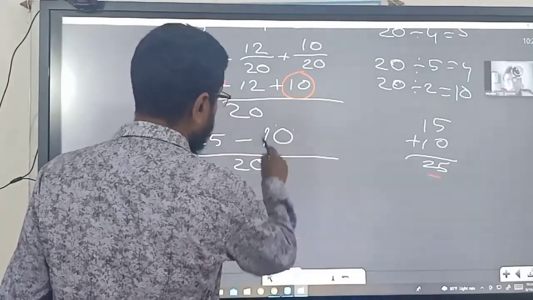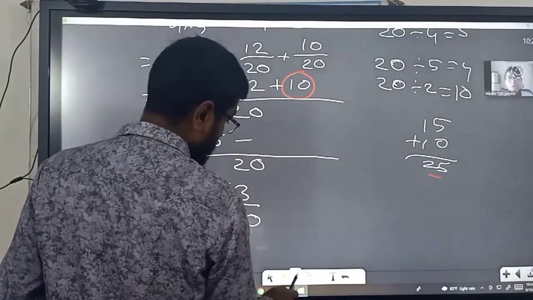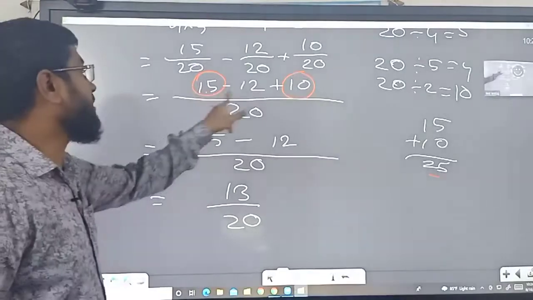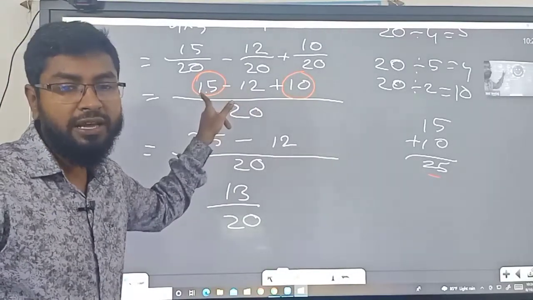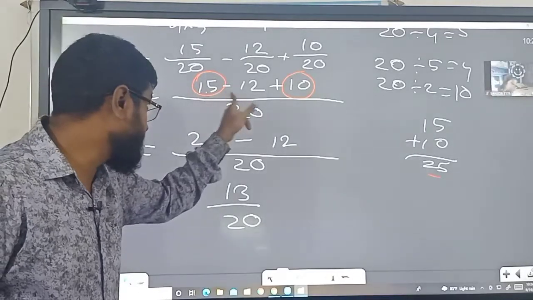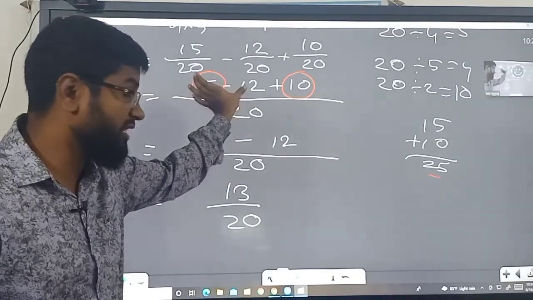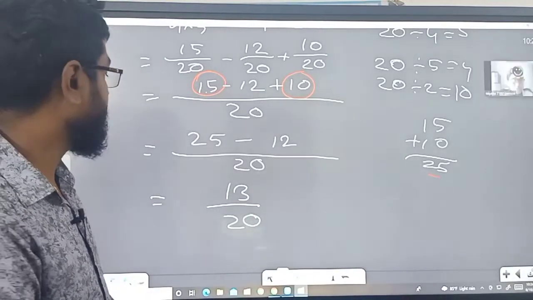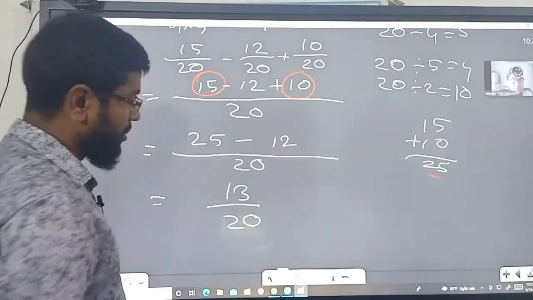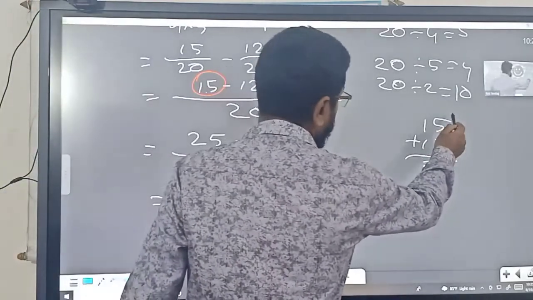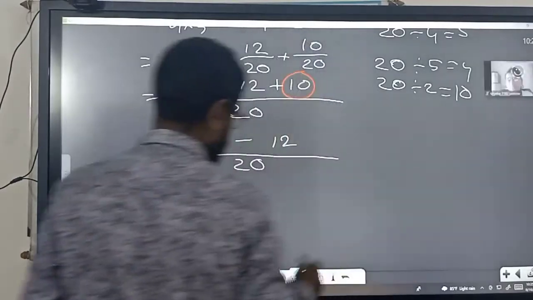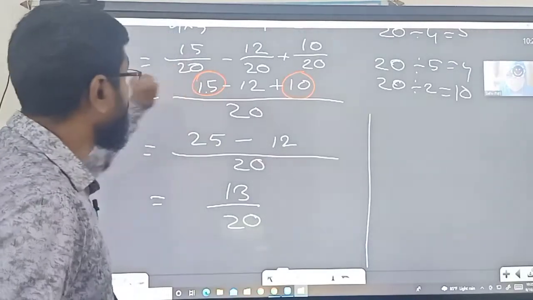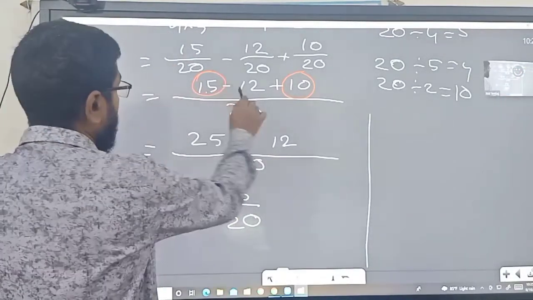Sir, we have to add and then subtract that number. This way you can add, or you can subtract only this part, because the positive number is bigger. That is why you can subtract only this part. Okay sir, first we will do the big number with plus, then look, you can do it from this line. First we will add the positive numbers, then we will subtract. Yes. You can do it like this way.